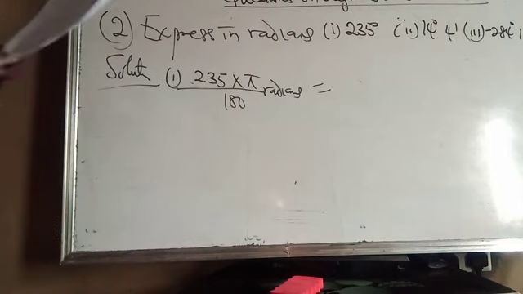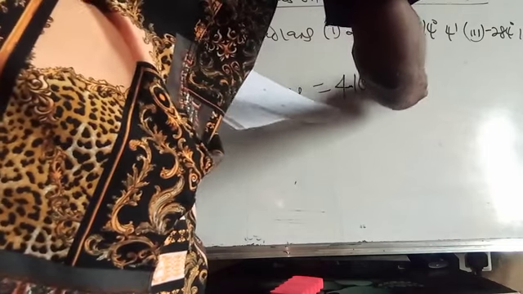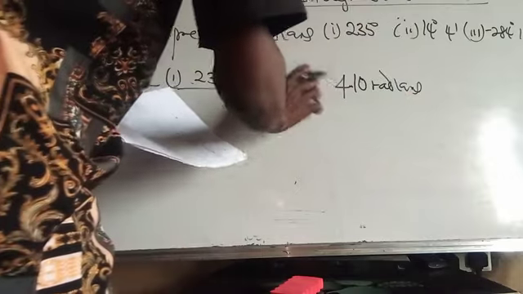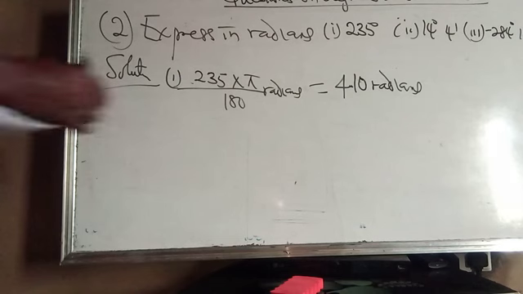3.142 is the value of pi in the constant. Divided by 180, if you do that correctly, you are going to have 4.10 radians. If your calculator functions well, that is what you're going to have, 4.10 radians. Now the second one is